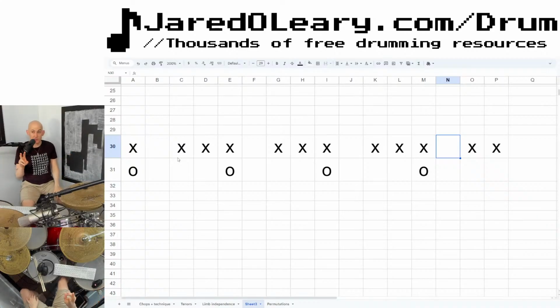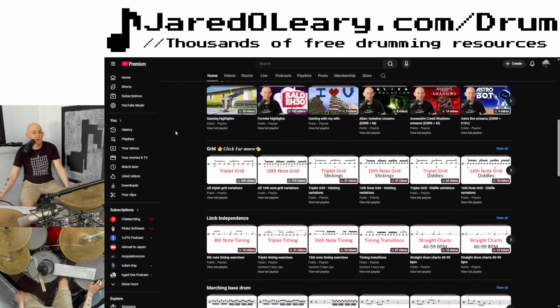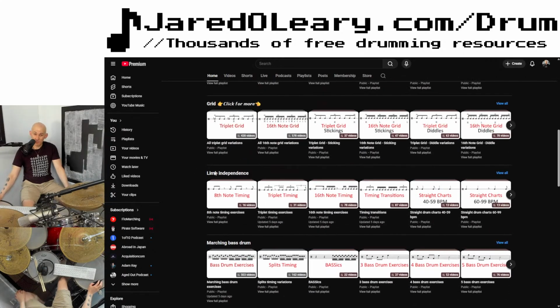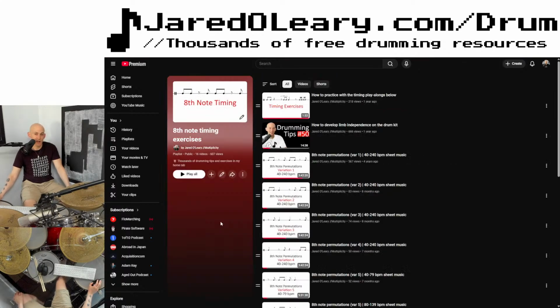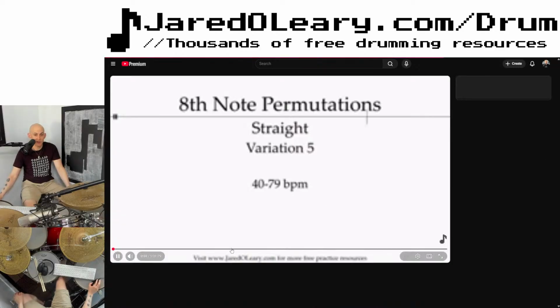There is scholarship actually on both. Both are effective for different reasons and for different people. So try both of those. But one of the other ways that you can teach rhythms is by using some of the different play-alongs. You can find these in the limb independence section, any of the eighth note exercises in here, or the triplet ones, 16th notes, or these timing transition ones will really help out with being able to hear what a rhythm sounds like. So for example, if you go into any one of these eighth note permutations, this allows you to